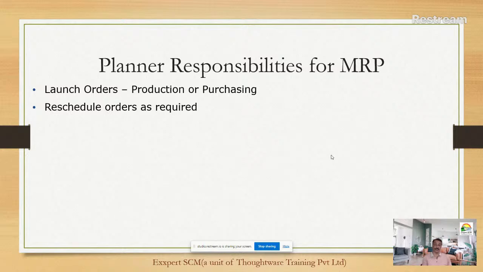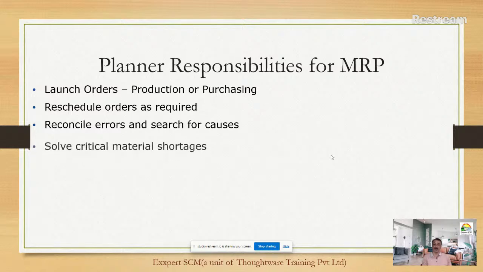Maybe customers are changing the order quantity or part number, or you have a problem in the production, maybe some material has not come, or a skilled operator is not available. So it's a dynamic function. Okay, possibly there may be some errors, so find out what is the root cause of those errors and solve